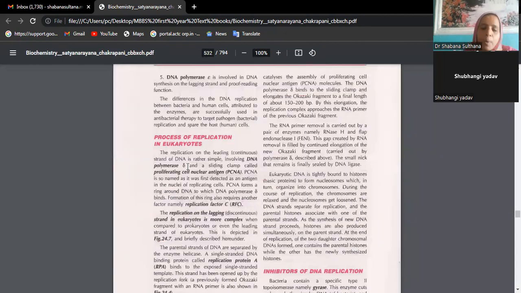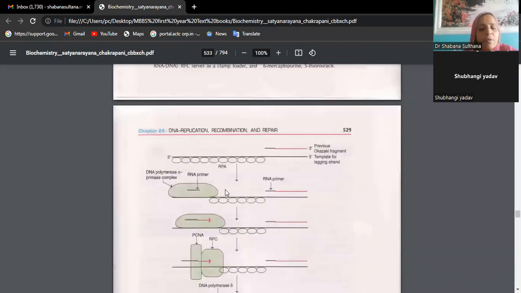Now, the process of replication in eukaryotes. Let us see. Now see here, in case of replication, the first thing that happens is uncoiling of the parent strand. Okay, only one strand from the parent is coming, isn't it? That's what I told you, semi-conservative mechanism. So this strand has come from the parent. So this is the 3', 5' direction you are seeing here. Okay. Then on the other side, you will see all base pairing will start.